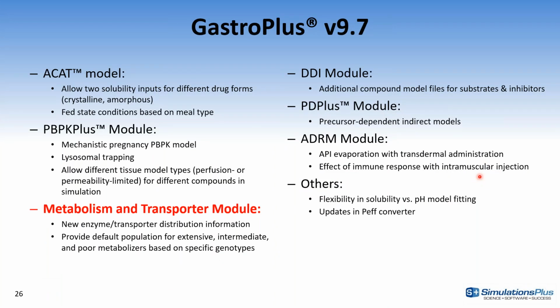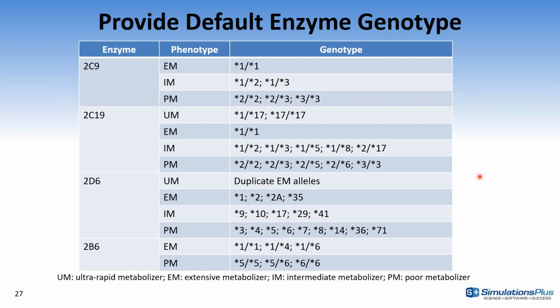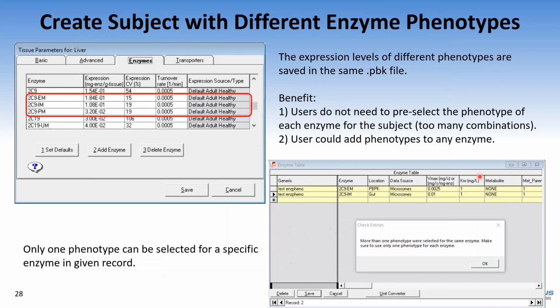For the metabolism and transporters, staying a little bit longer on the PK side, we've looked more at the polymorphic expression of the enzymes, and we have 4 different enzymes that are known for polymorphic expression, or for the extensive and poor metabolizer phenotypes. We've done a lot of research collecting all the information we were able to find in the literature, and expanded the expression levels in the physiologies to include the extensive, intermediate, and poor metabolizer expression levels, representing the activities of the enzymes for extensive, intermediate, and poor metabolizers.